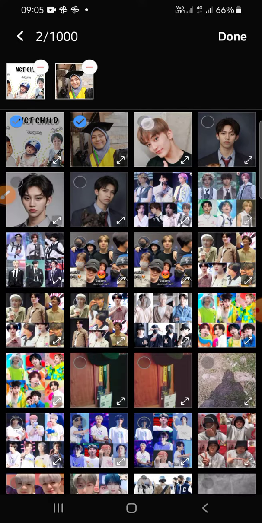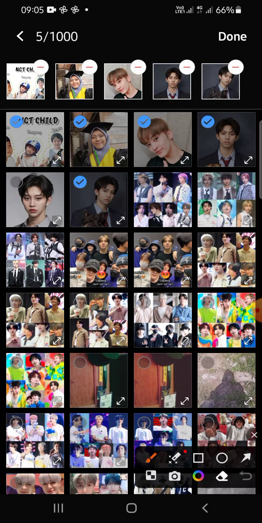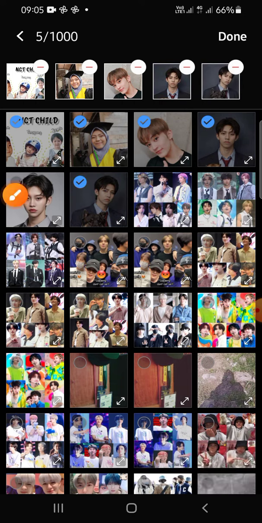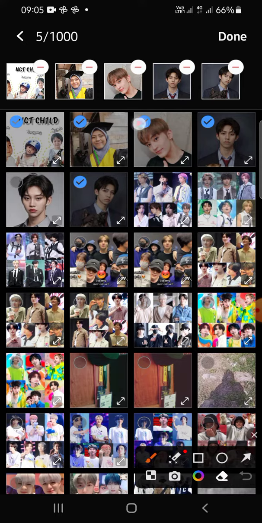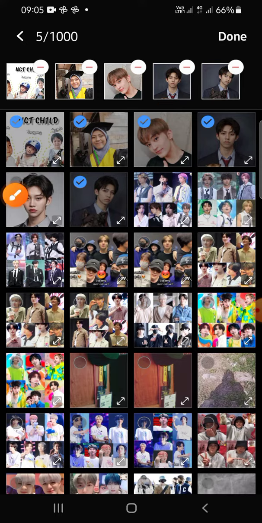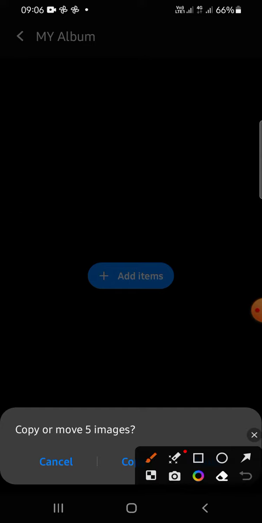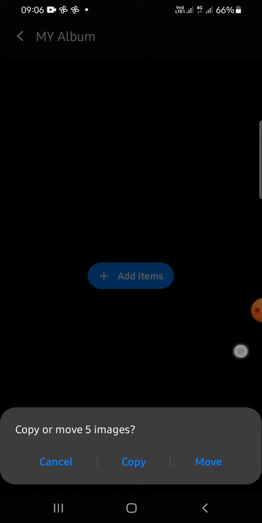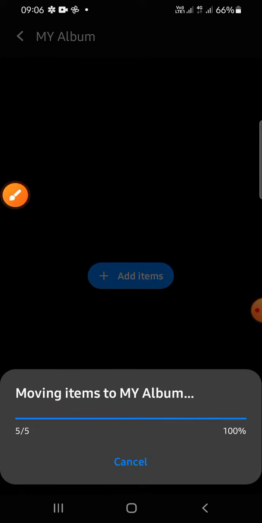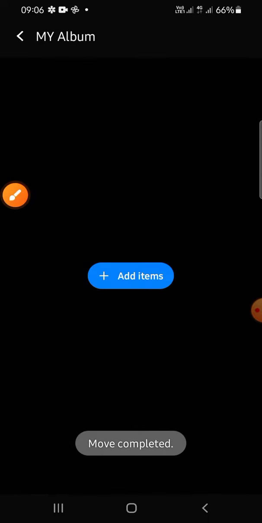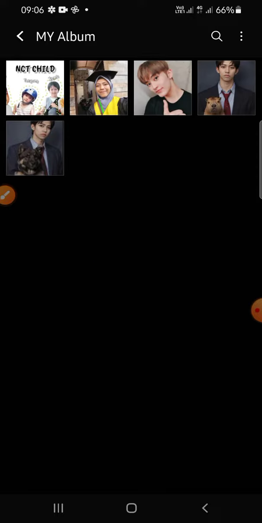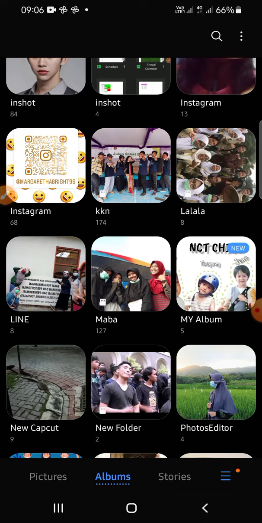Just click on the photo like this, and after that you can click on this down button, and you can choose either copy or move, and I'm going to choose move. It means that I'm going to move that items to this album. And alright, the photos have been moved to new album,